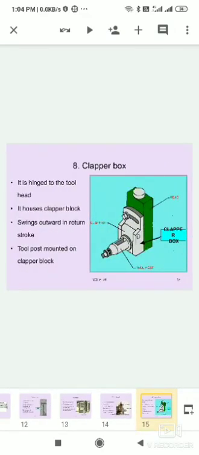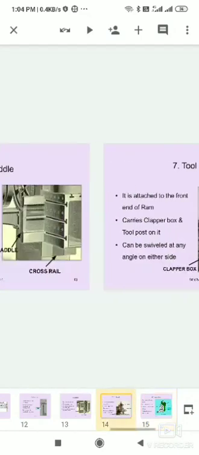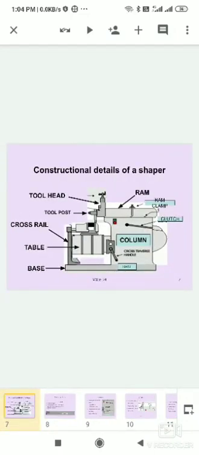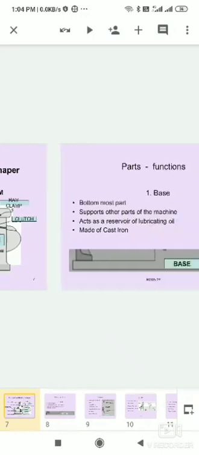These are the main, very important parts, and the figure can be drawn easily. The construction details of a shaper machine are very important for essay questions. In exams, it is often asked for 5 marks, with 50% of the marks for only the figure.